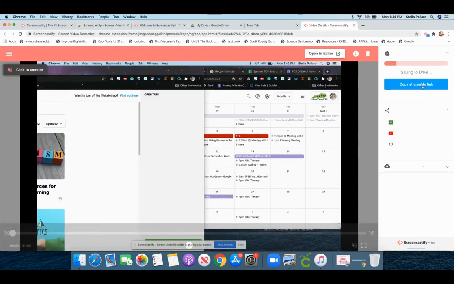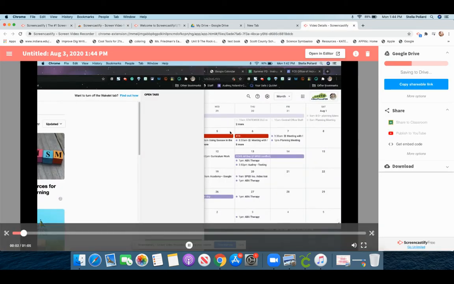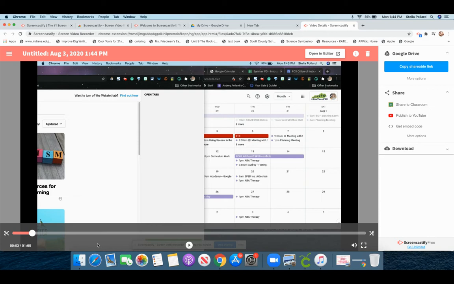So the stop button will automatically take you from that recording to the preview window. And the preview window is where you can watch the video to see if you like it or not. If you want to trim the edge, like if you got down here and you said, I don't like how long it was taking me to click on my tab,